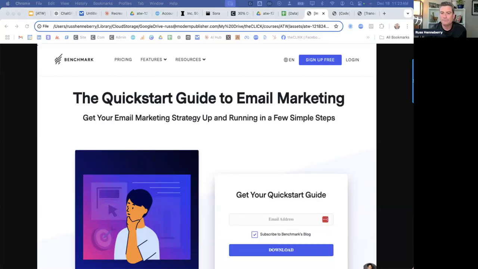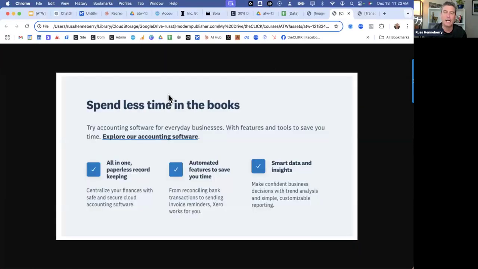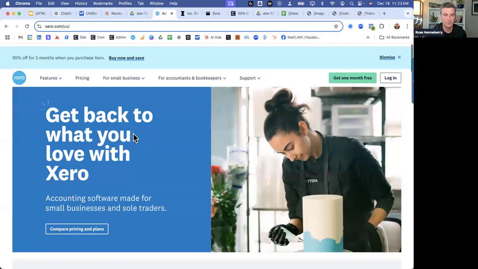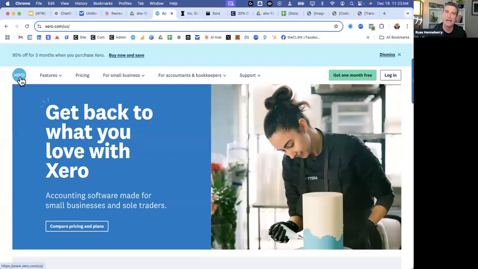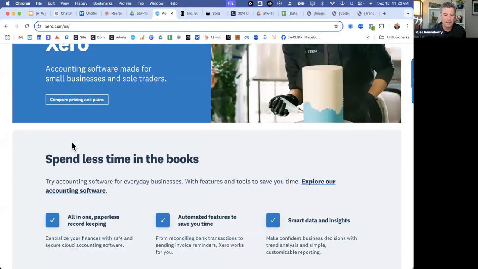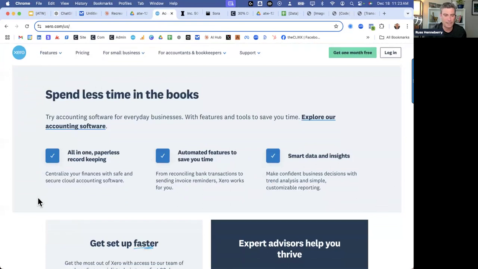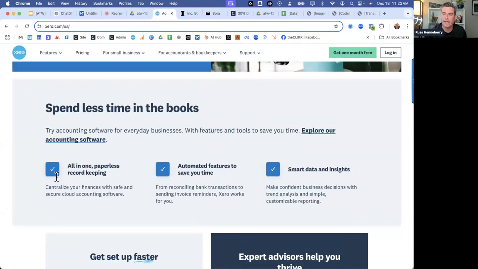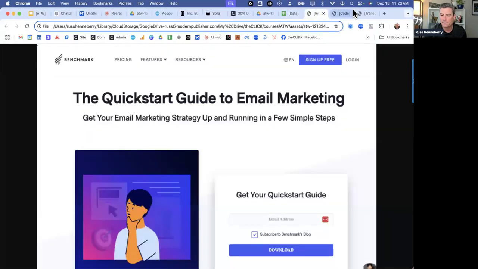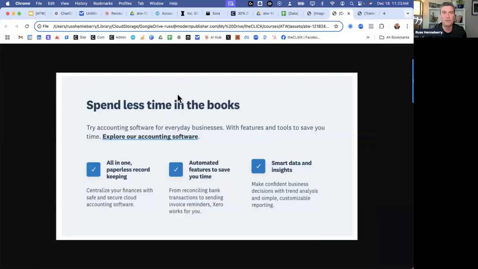Then we have code. So I want to look at code. For code, I've got a screenshot of this website block right here that comes from this website. These guys, Xero, this is who I use for my accounting software. And this is just a block on their website. I took a screenshot of that, and that is our code example that we're going to be using to demonstrate code. You'll see what I mean by that when I get there.